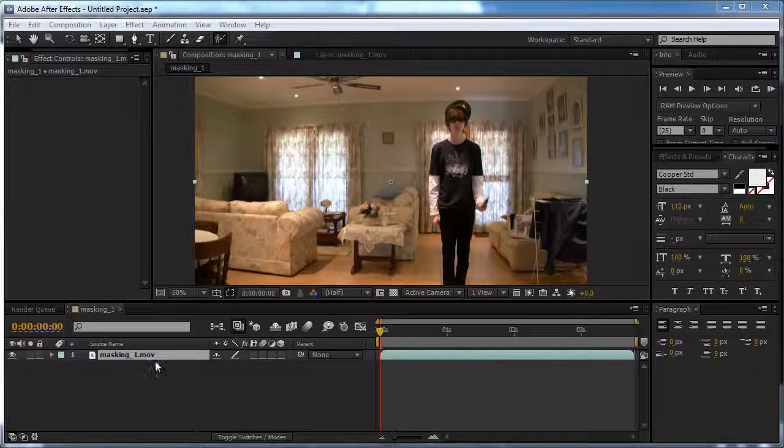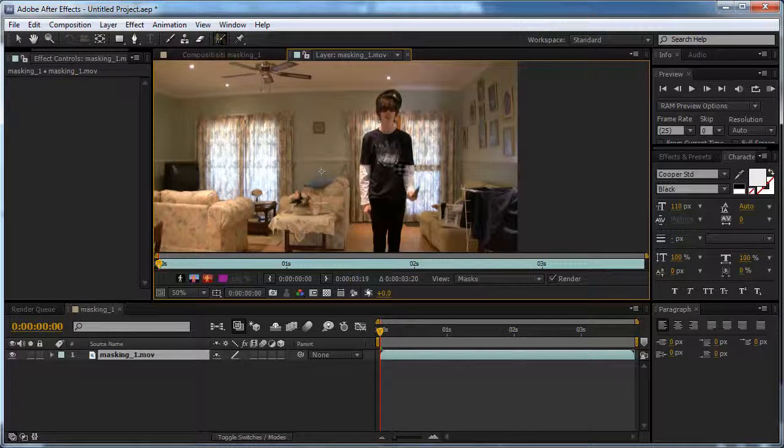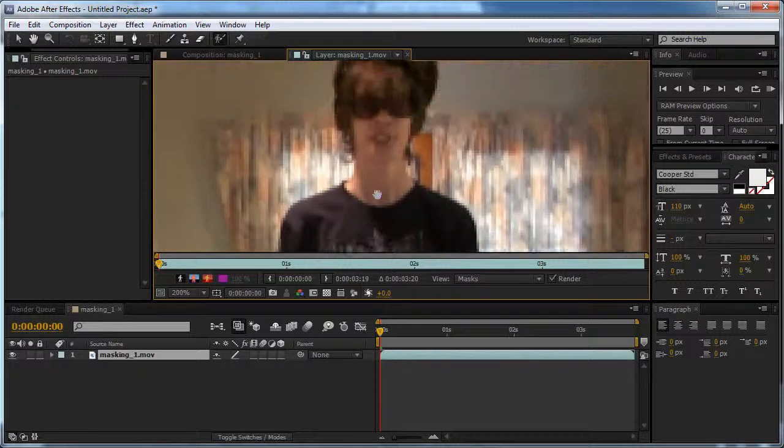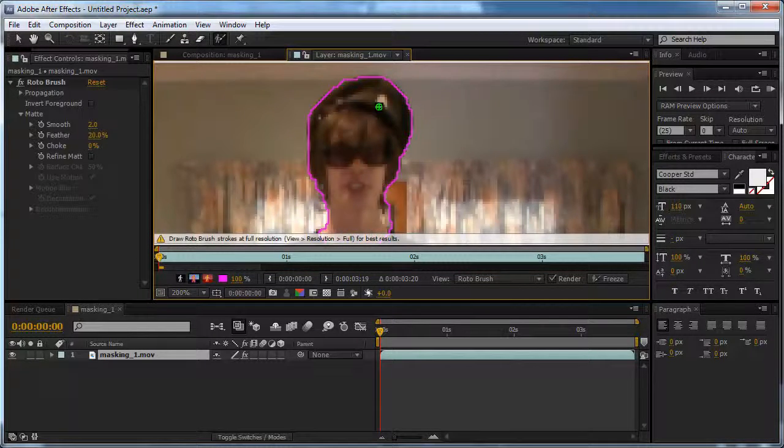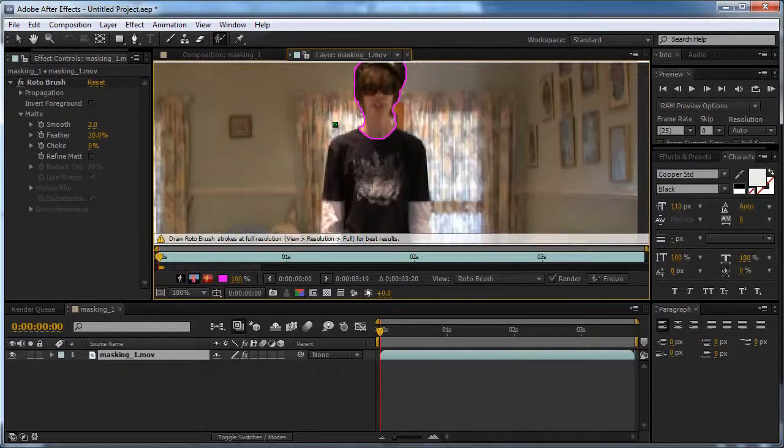So if you're like me and you hate rotoscoping, you could go ahead and use the roto brush in CS5, and to do that you just double click on the footage and you get into this here and just draw away. Just draw a quick outline. It's kind of like Photoshop's quick selection tool. Draws it for you, does all the hard work, but it's not perfect, so I wouldn't recommend using it unless